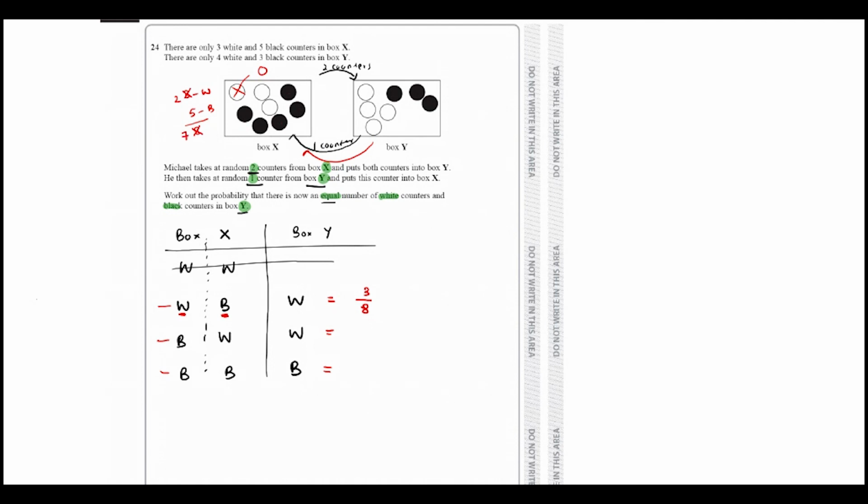Next, from box X, I will be taking a black. In this same box, because I took out a white, now I have to take out this black. To take out a black, I have 5 chances out of 7. Okay, children. So then those 2 counters, the white and black, are going to go in here. And now you have to write the count inside this also. So now we have how many? 1, 2, 3, 4, 5 whites inside box Y and 4 blacks in box Y. So altogether I have 9 counters.